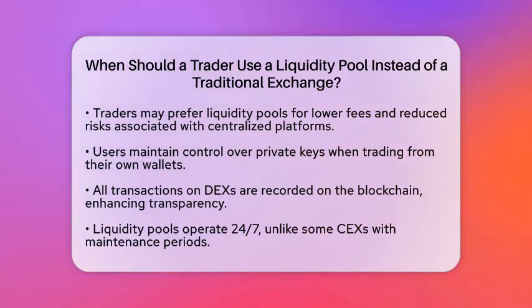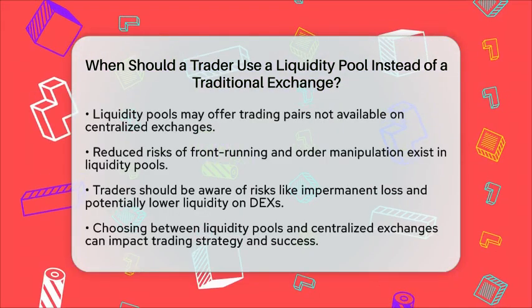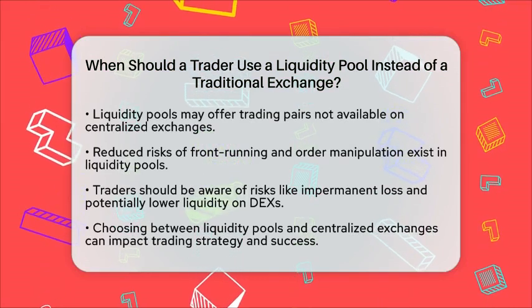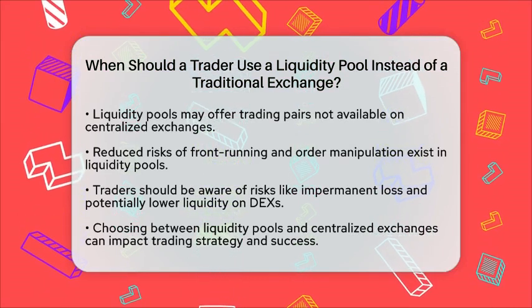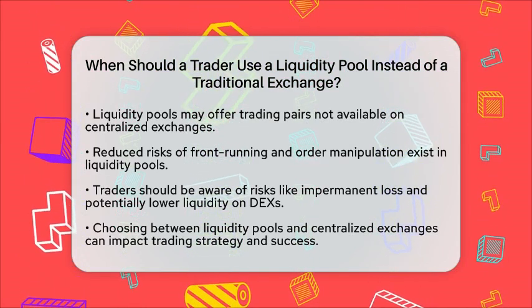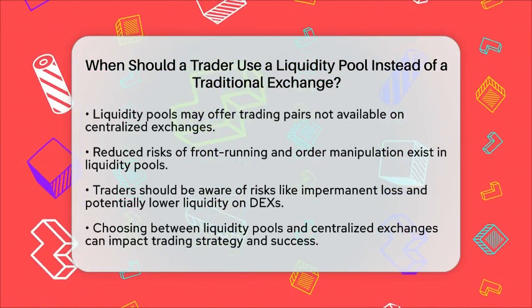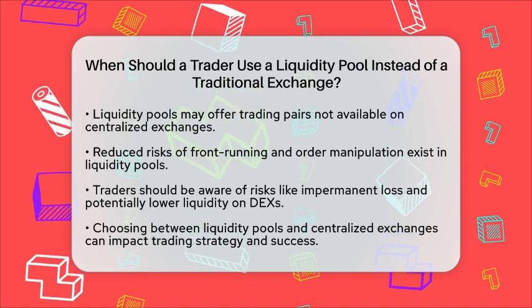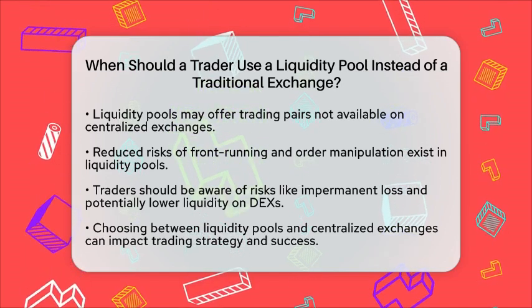Moreover, traders can benefit from reduced risks of front-running and order manipulation, which can occur in traditional order book systems. Automated market makers execute trades based on the pool's state, minimizing these risks. However, traders should remain aware of potential risks, such as impermanent loss for liquidity providers, and sometimes lower liquidity compared